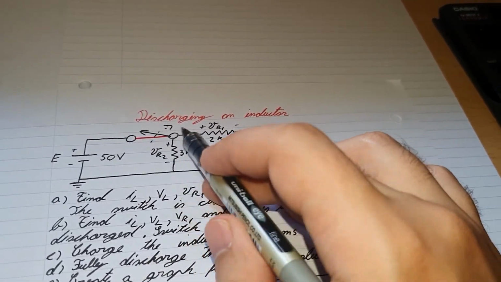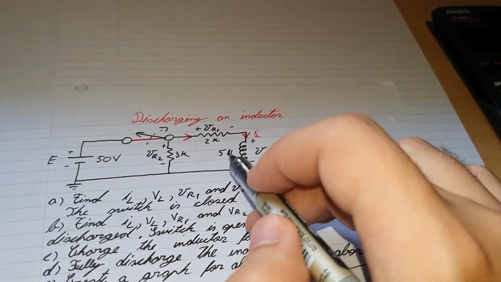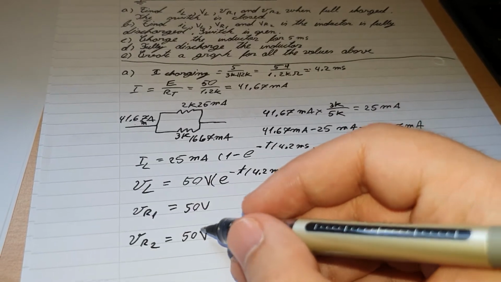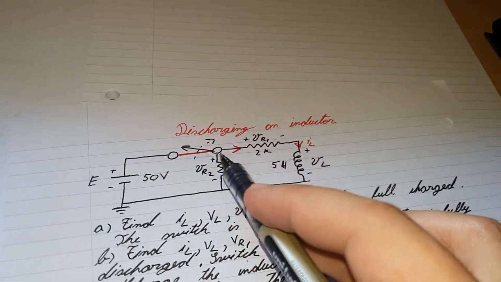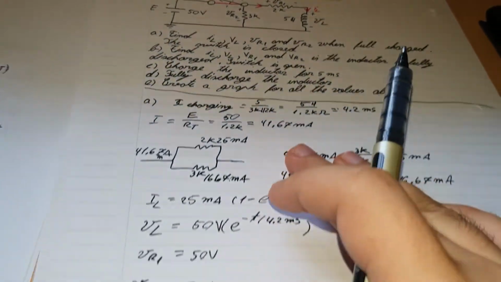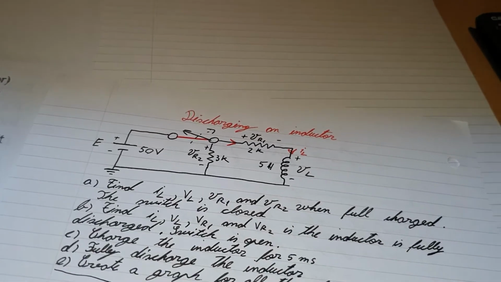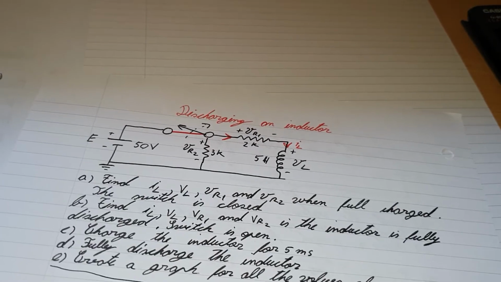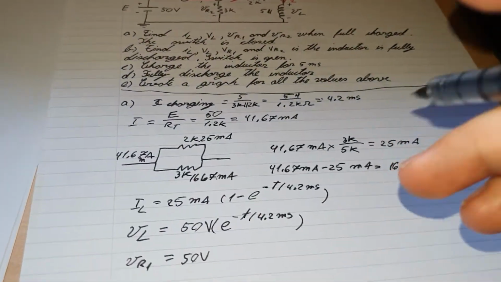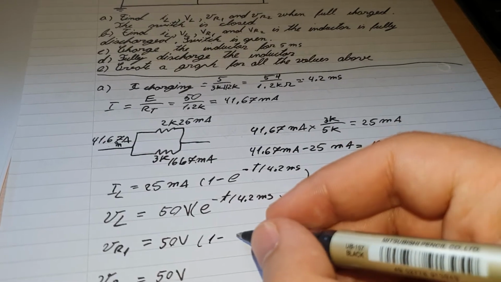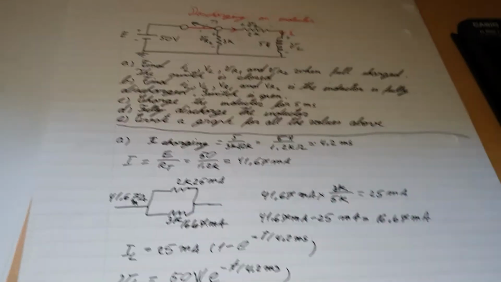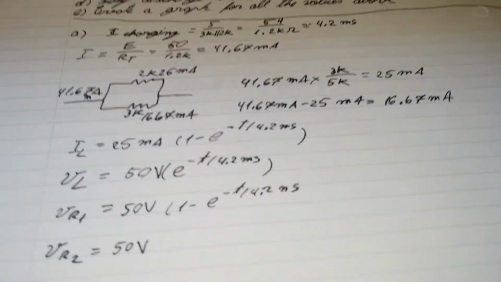It's not an instant increase, it's not an instant current as like here. This one will just slowly increase current. So for VR2, we don't need to put a factor of time because again there is no inductor connected to it in series, but we have to put one for VR1 because VR1 is connected in series with the inductor, so it is affected by the non-instant charge of the current. So we simply put 1 minus e minus t divided by 4.2 milliseconds. And this one was just A.